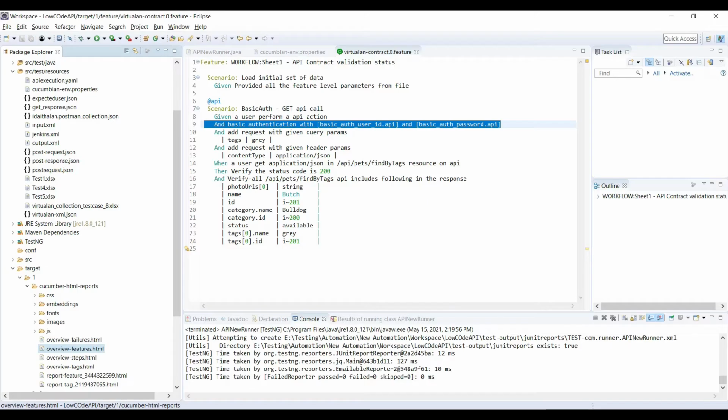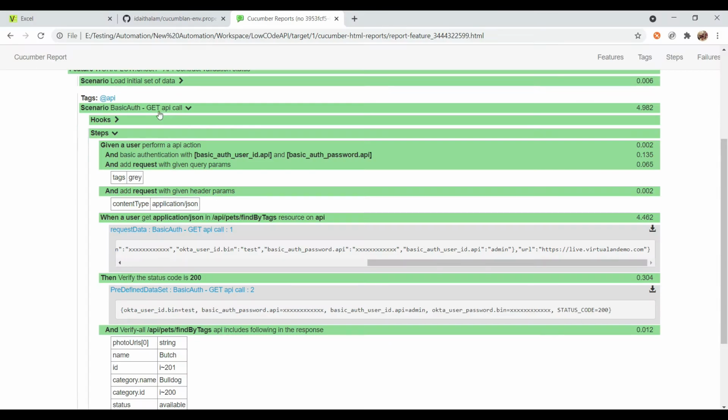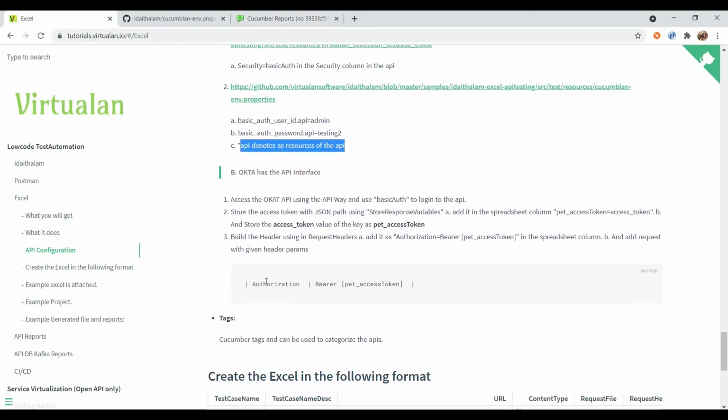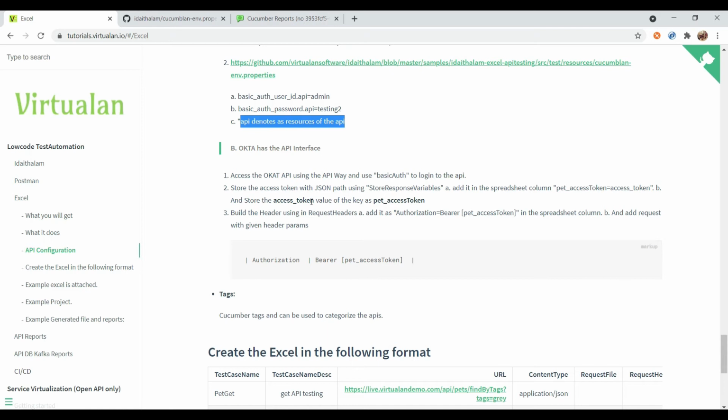Let me discuss another security feature they provided. They provided Okta, and for Okta they give very good documentation here. You can see they said okay, access the Okta API using the API way, use basic auth to log in to the API.